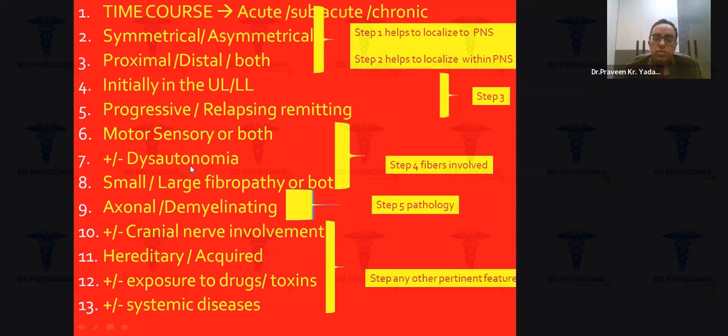So the symptoms, if you go from head downwards to the foot: in the eyes there will be difficulty in the pupillary accommodation, so some visual blurring when they go from a dark to a bright place, or from a bright place to a darker environment. So visual blurring will be there due to impairment of the pupillary accommodation. So that is one symptom. Second is dry mouth,